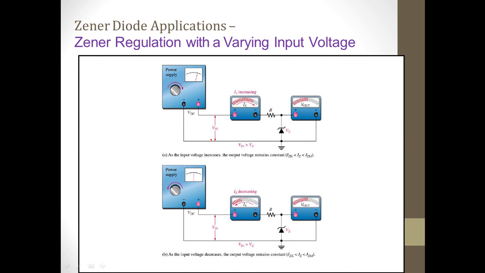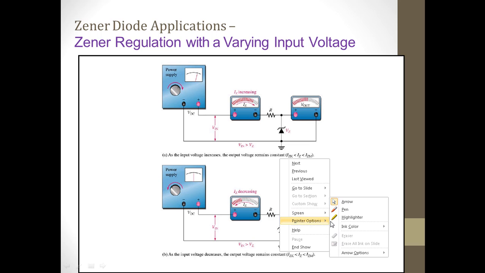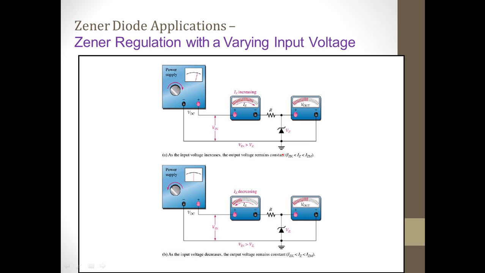Now coming towards the applications of a Zener diode. A Zener diode actually regulates things and devices, so it is normally used for regulation purposes. If you want to manipulate the voltage, you can use a Zener diode. You can see that in this circuit, as the voltage increases, the output voltage remains constant. It is basically working as a stabilizer. If the input voltage increases, the output doesn't change.